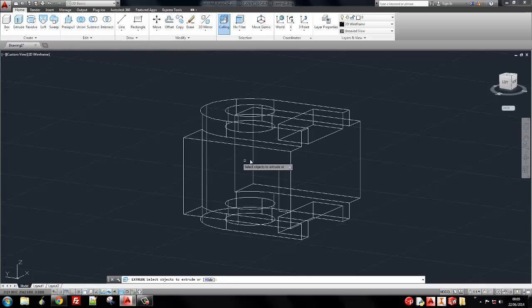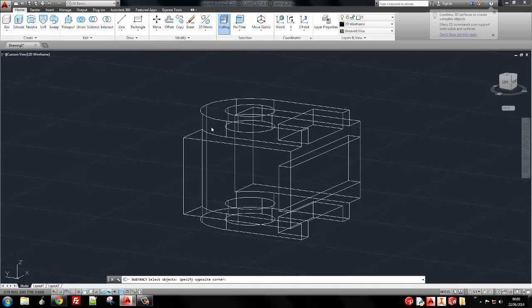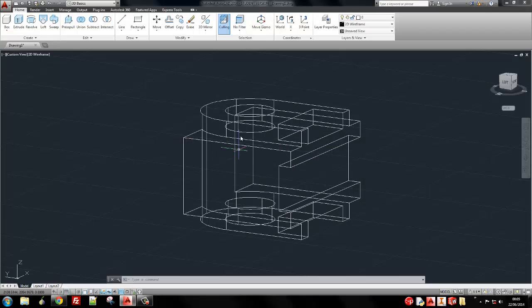So again, extrude this slot all the way through to the back face and then cut it away. So subtract big object, cutting object. There we go, that's our cut. Next bit then is this hole. This hole is 20 diameter, it's 30 up, and it's on the center line. So 38 by 20. Okay, so circle,